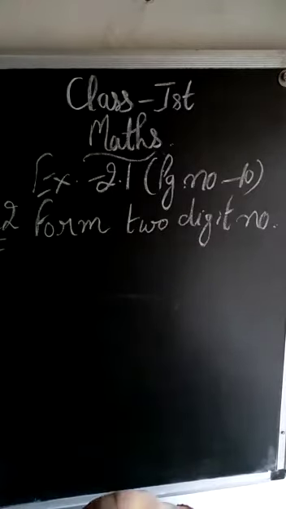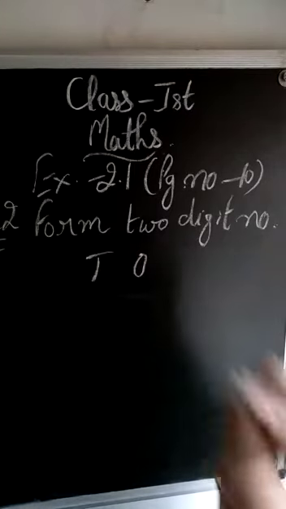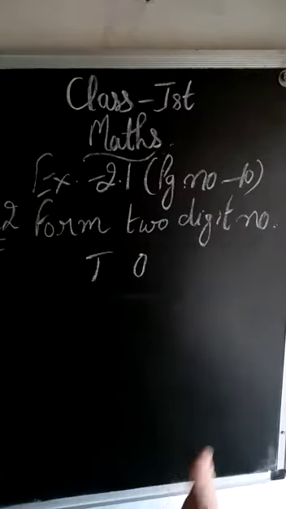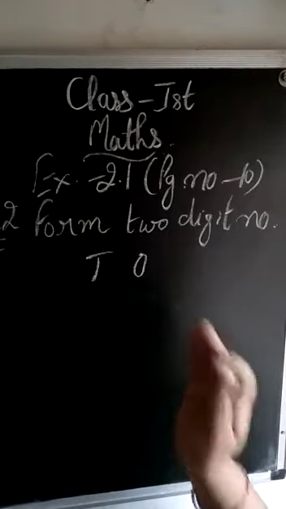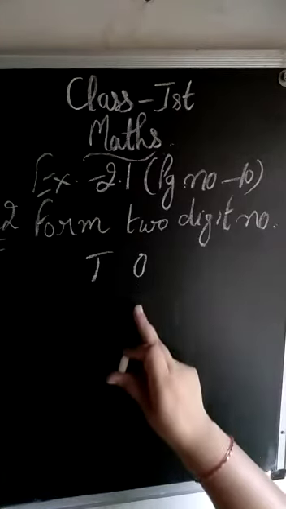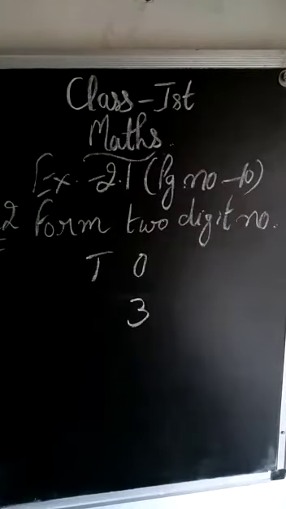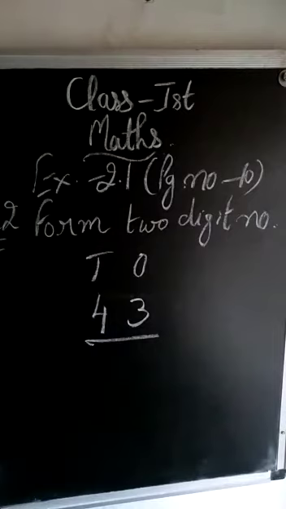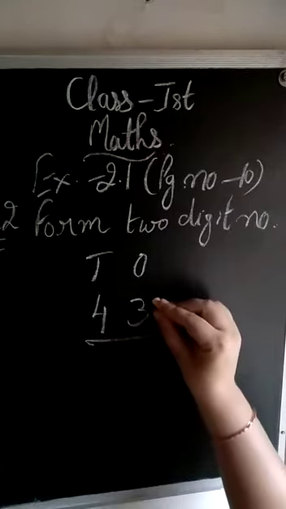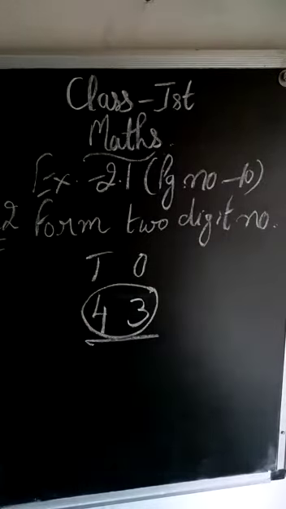As they had given, we have to write the digit 3 in ones place. This is for your information only, nothing to write like this. In the book you will write only the given number that we will get after. So at first we will write the number that is under the place of ones. Here it is 3, and the next one, the digit 4, is in tens place. So we got the answer as 43. That means we will write here the number 43.